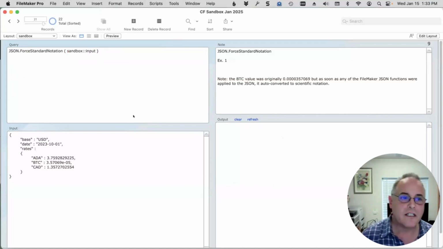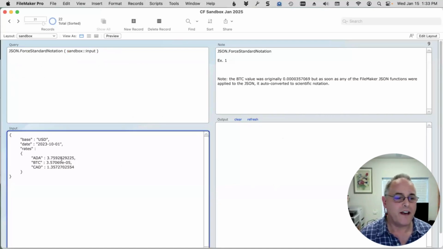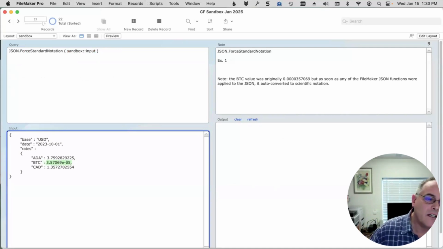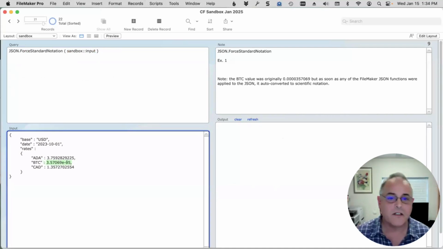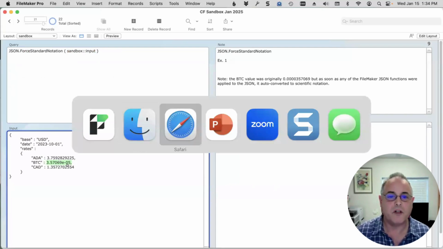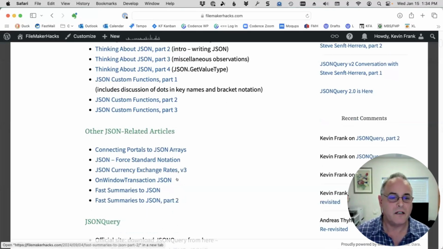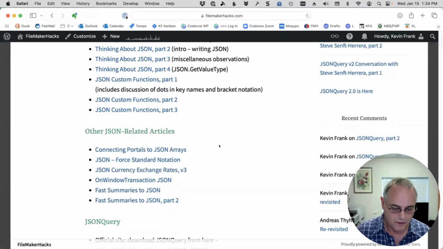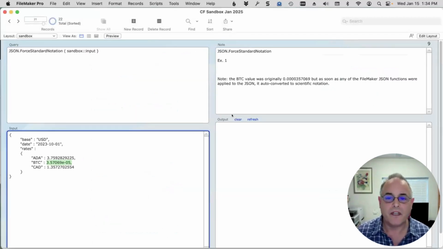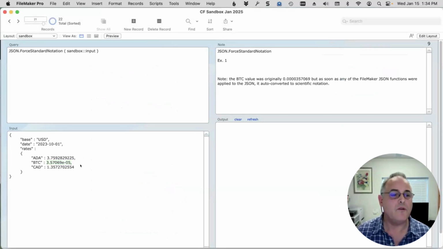We're almost done with this section. So, oh, this was a fun one. What I found was when I was grabbing currencies, getting currencies. Oh, by the way, I should mention there is a blog article here, JSON currency exchange rates v3, on the resource page. Okay, we're talking about that. You have to get an API key, but it's free. So anyway, the issue was